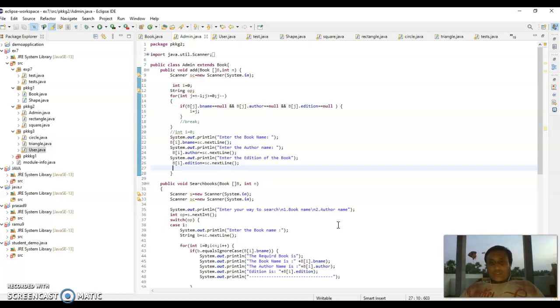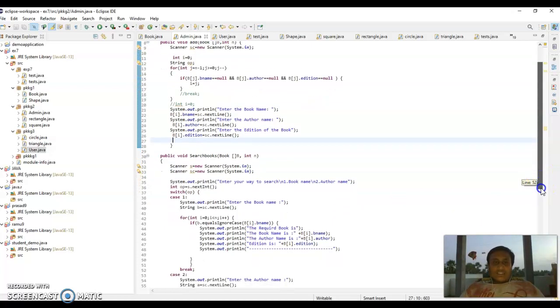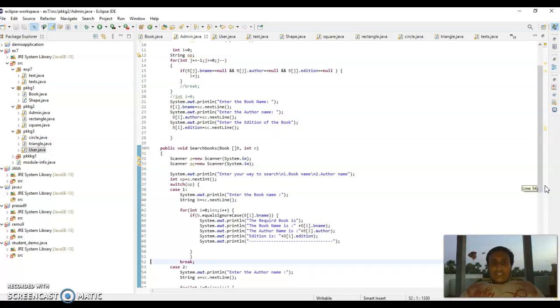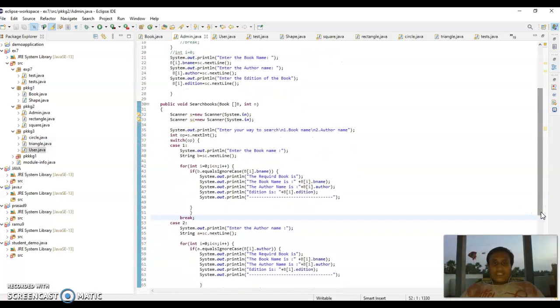1 book name, 2 author name, int op = sc.nextInt, switch (op), case 1: System.out.println enter the book name, string b = sc.nextLine, for (int i = 0; i < n; i++), if b equalsIgnoreCase b[i].bname, System.out.println the required book is, the book is b[i].bname, the author name is b[i].author, and edition is b[i].edition, break, case 2,